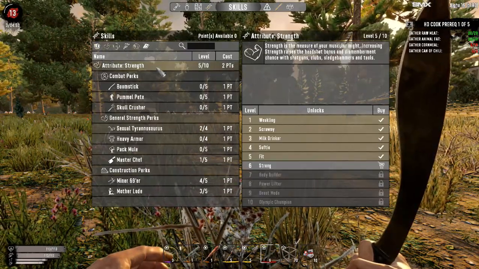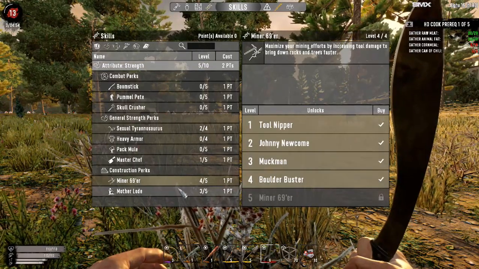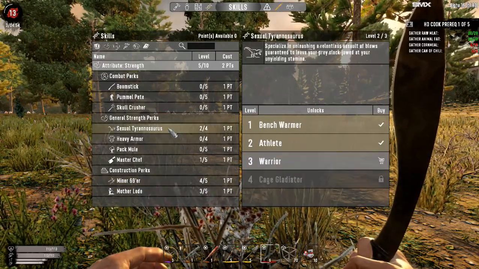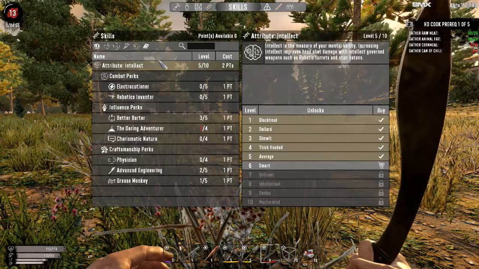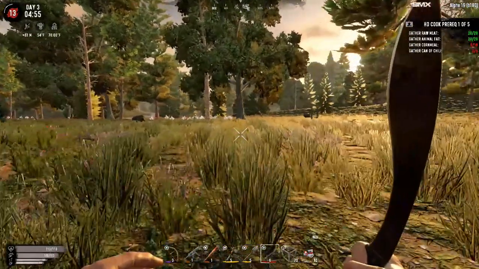I also took more points into strength, got another point into minor 69er. Our next level up will probably be taking Motherlode and Sexual Tyrannosaurus, or we'll work on intellect more and try to finish out Daring Adventurer. So anyway,